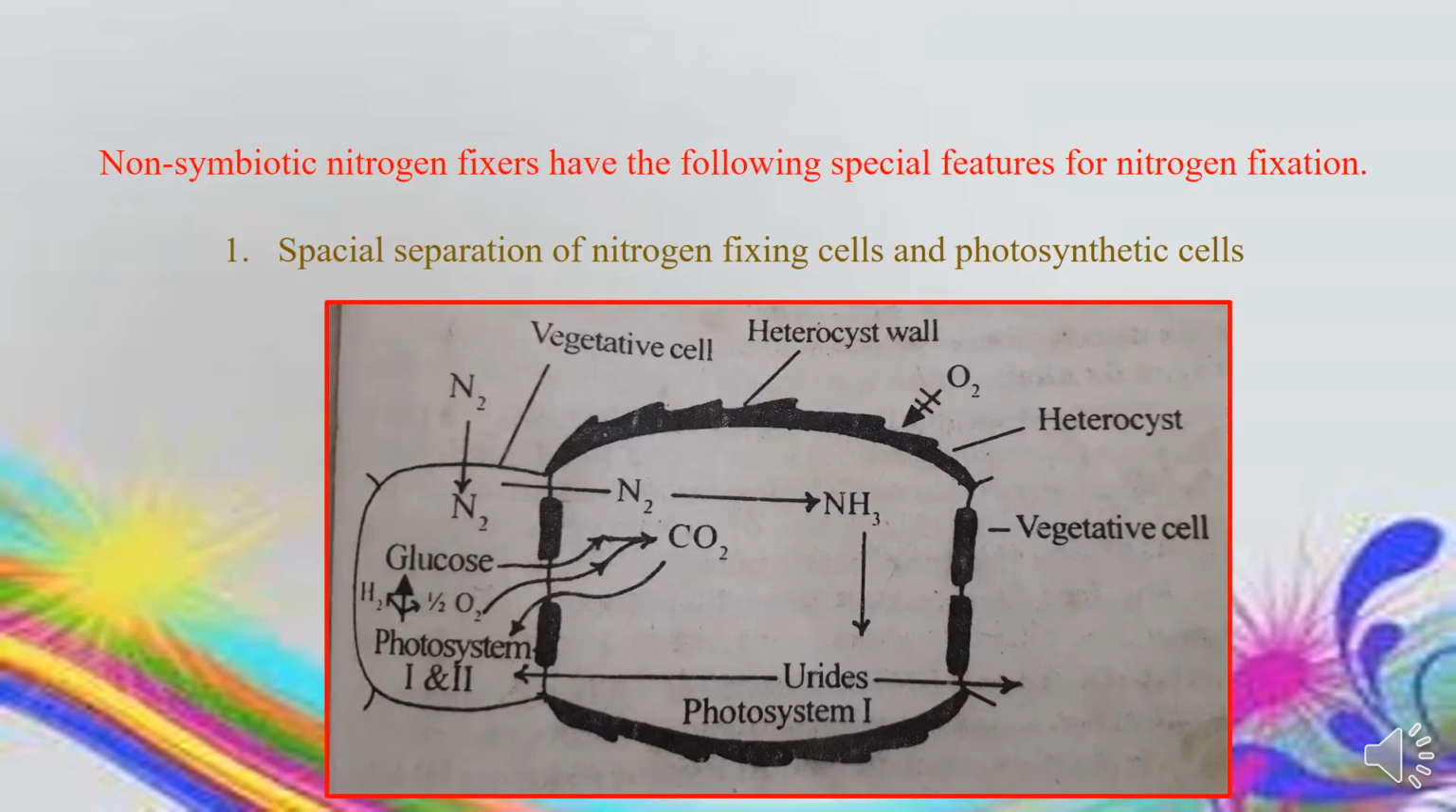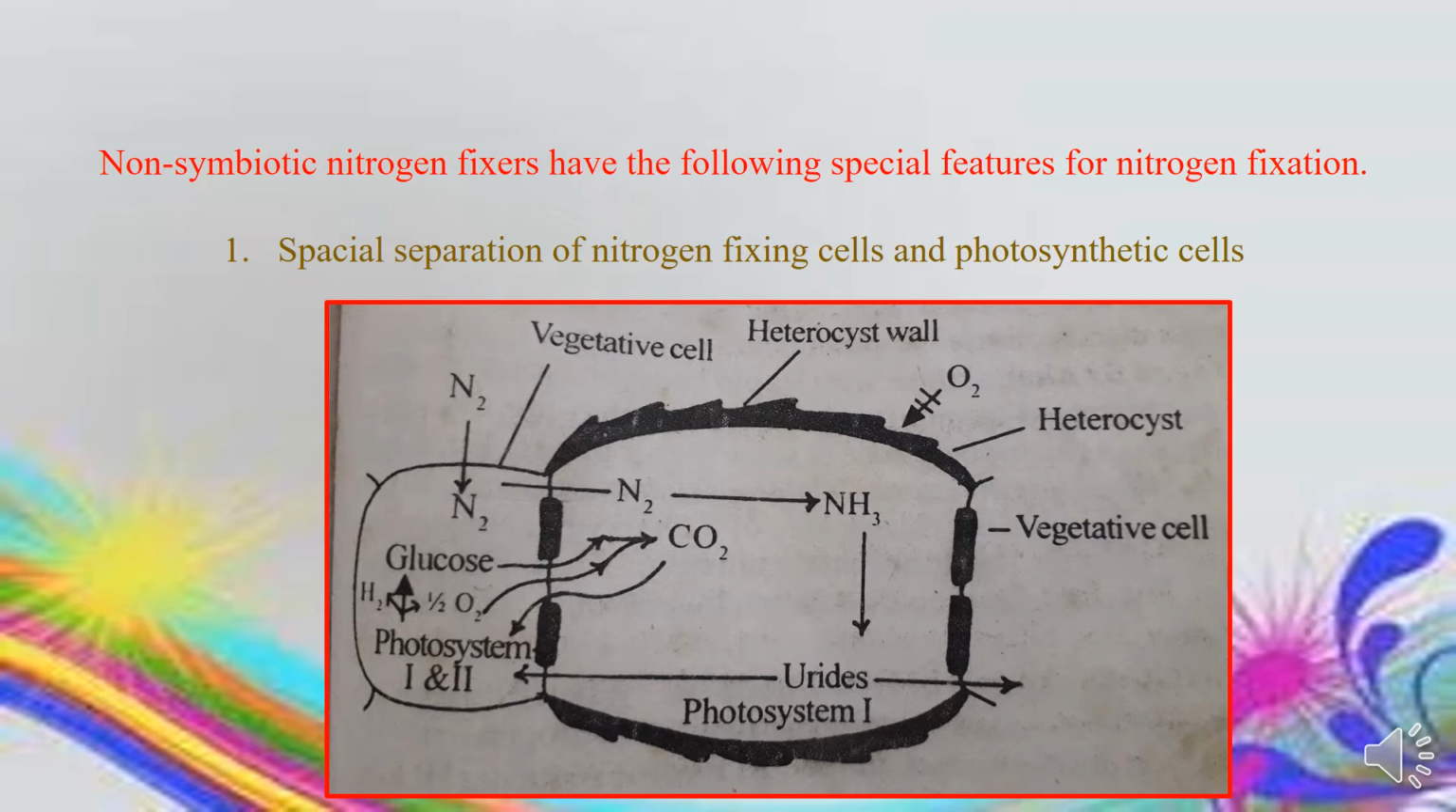This is the first special feature for nitrogen fixation, that is spatial separation of nitrogen fixing cells and photosynthetic cells. Here blue-green algae are photoautotrophic diazotrophs living on moist soils. They have photosystem 1 and 2, so that oxygen is evolved during the light reaction of photosynthesis. This oxygen may inhibit the nitrogenase activity. In these algae, photosynthesis is restricted to vegetative cells and nitrogen fixation is restricted to heterocysts. Example Anabaena, Nostoc,